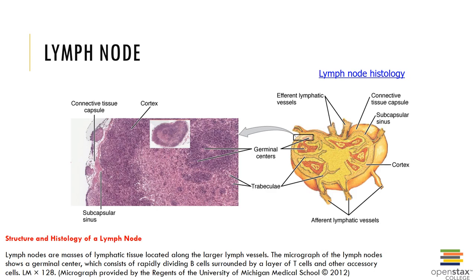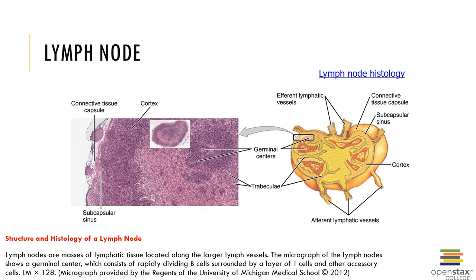The path of lymph flow through a lymph node begins with the afferent lymphatic vessel, which transports dirty lymph into the lymph node from the peripheral tissues. The afferent lymphatic vessel penetrates the capsule of the lymph node on the side opposite the hilum. The afferent vessels deliver the lymph to the subcapsular space, which is a meshwork of reticular fibers, macrophages, and dendritic